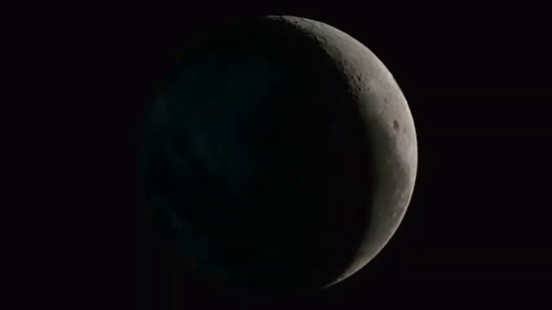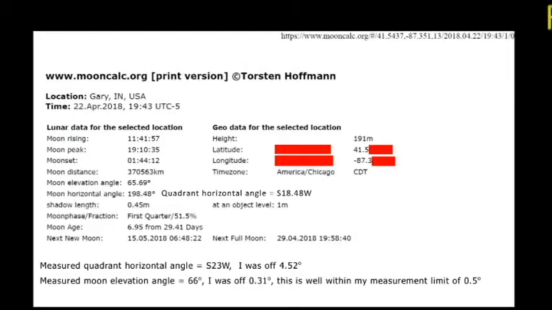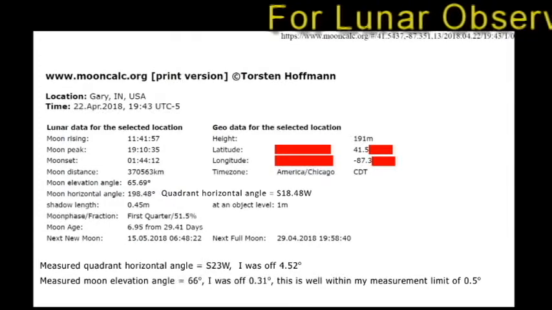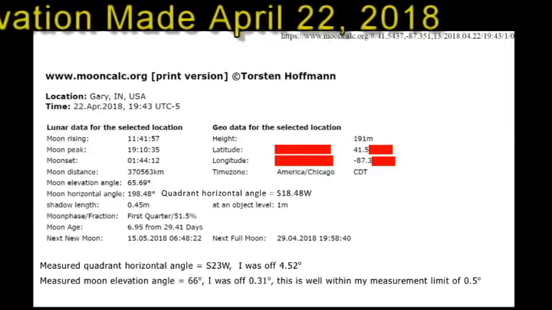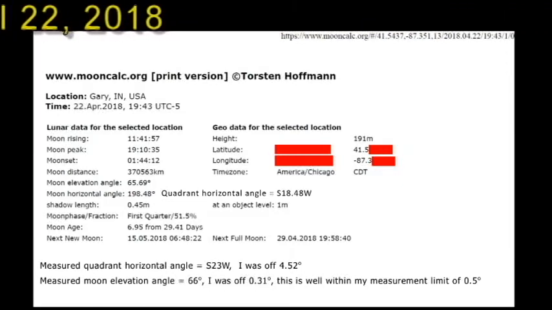Everybody. It is April 23rd, 2018, and I made one lunar observation last night over a couple-minute period. I took several photos with Sarah's D5300 Nikon camera, and this is just kind of a short video on that. When I get done with these slides here, I'm going to show you the raw video and my process of